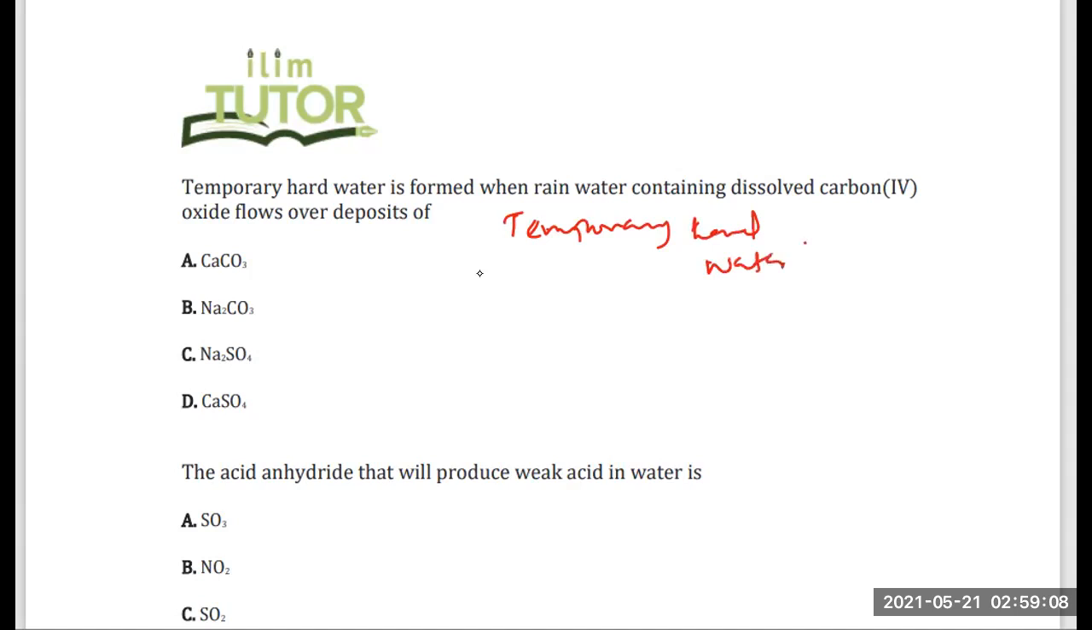can be removed by boiling. So if you are going to remove it by boiling, we are basically looking at a substance that can decompose on heating. But we can use the idea of the test for carbon dioxide to determine which